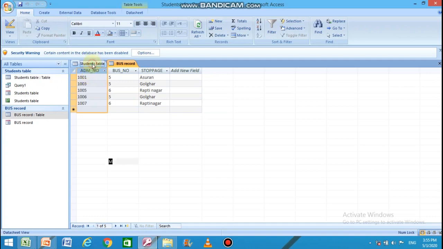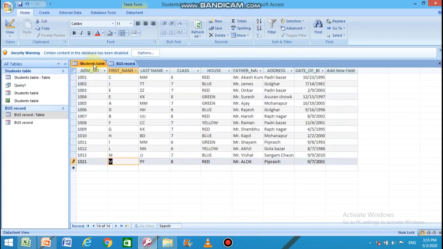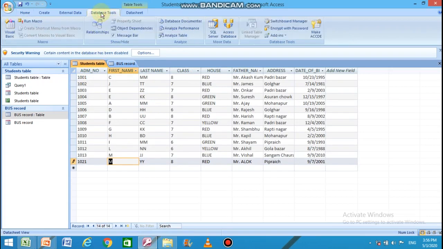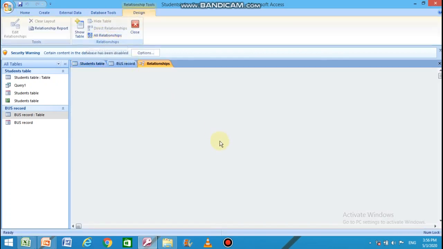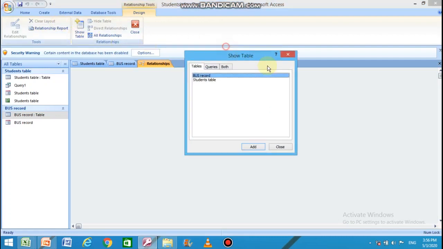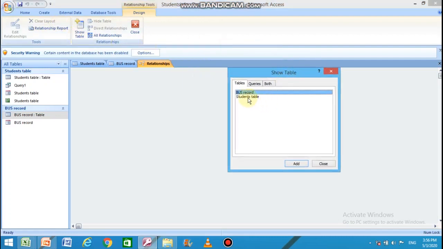Let us understand how to create relationships between these two tables. For that, come to the database tools. You will get a command relationships. Click relationships. If no dialog box appears, click on show table dialog box. It will show you all the tables of your database. Select the main table, click on add.